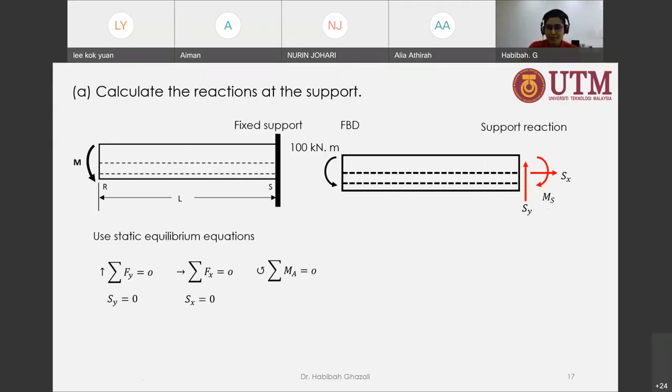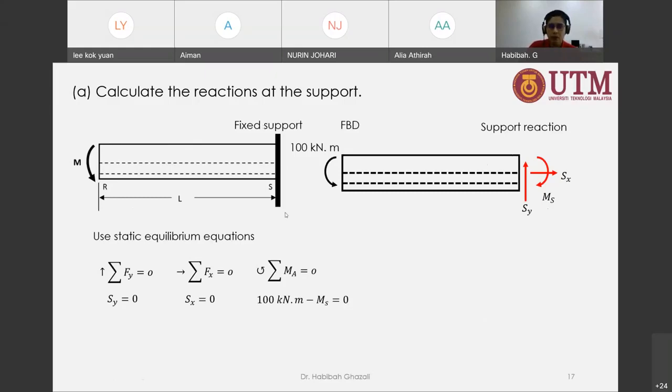It's going to be positive. That anti-clockwise is positive for my external moment. So now I sum all my moment. I have that concentrated moment, and because I have a concentrated moment applied to that free end, my reaction,